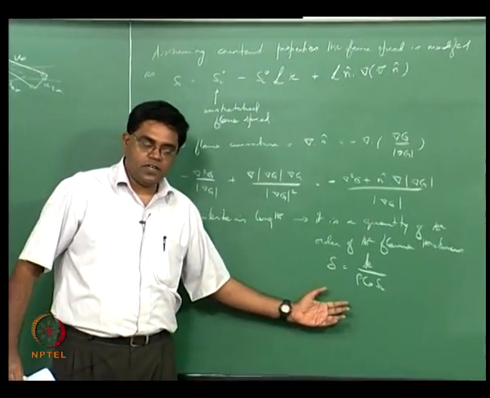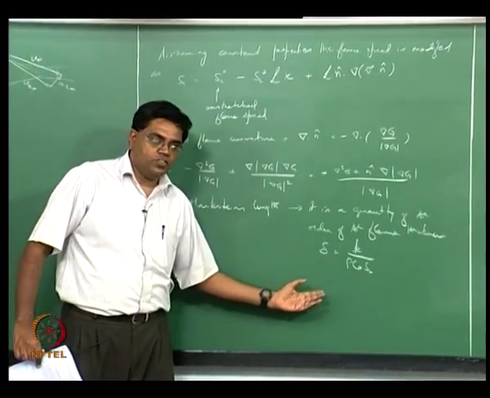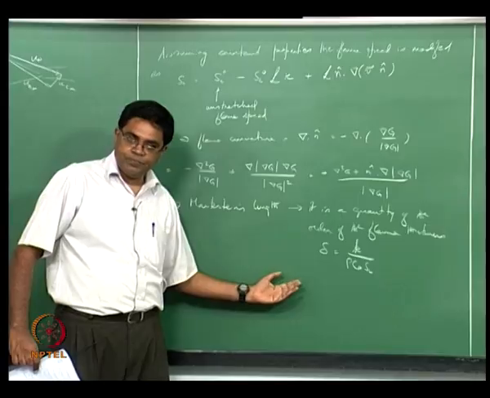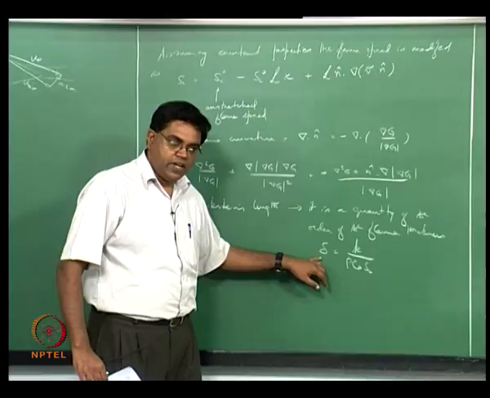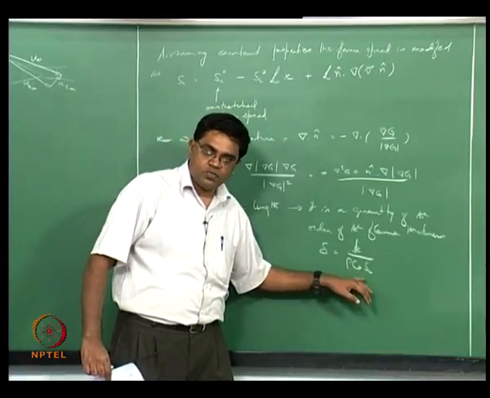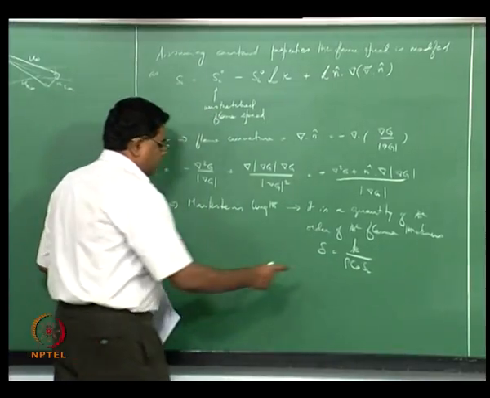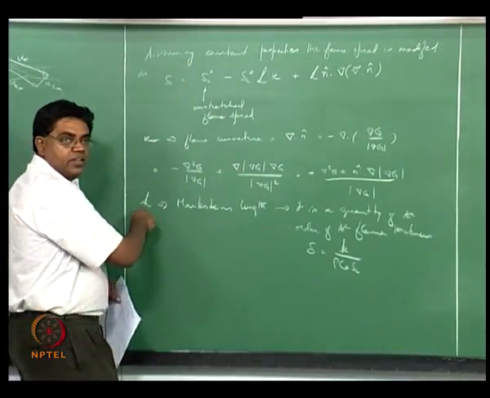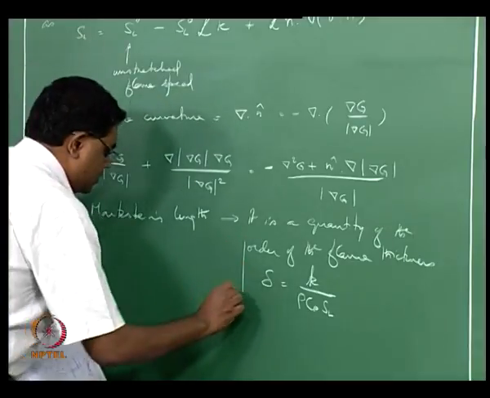So the first time we started talking about the structure of the premix flame, the mass balance in the preheat zone resulted in something like this. But here keep in mind this delta is actually for the stretched flame thickness, the SL is actually the stretched flame speed. And what we are now saying is this depends on L, and so how does L depend on the delta? There is a derivation for this again which we won't go through, but I will just state it